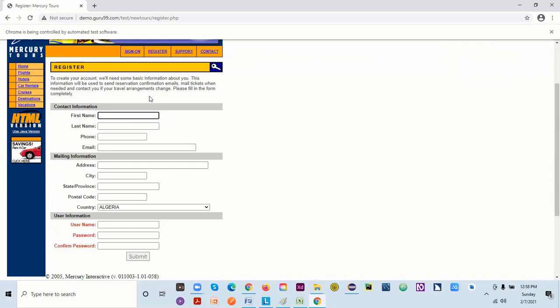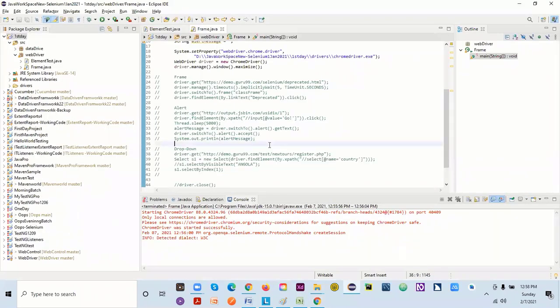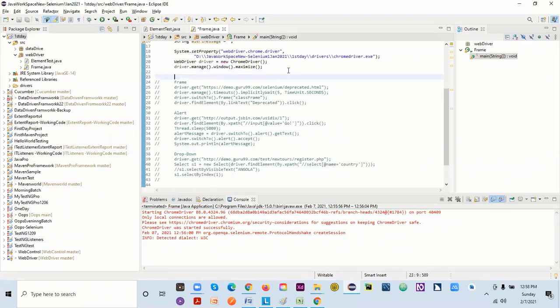So you have to think about what kind of scenario is coming and how to automate that. Whatever we'll be learning, we learn in pieces, and in the end we have to merge all of it. We have to use all our concepts for that and do the automation. So you have to use your logic here. Just do it.